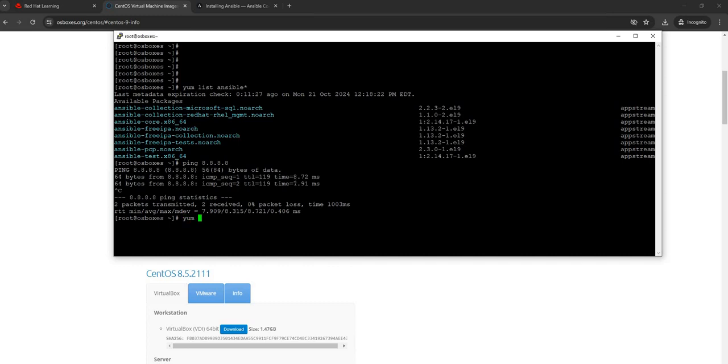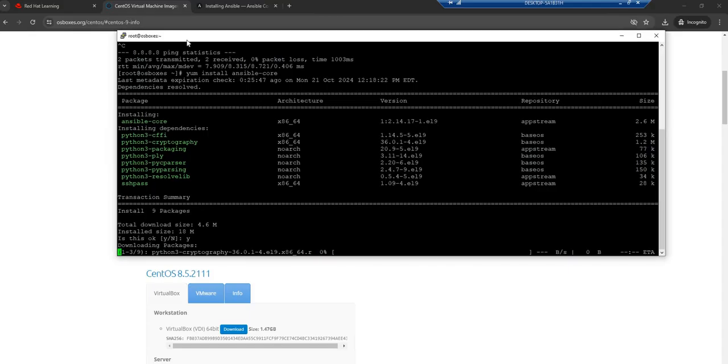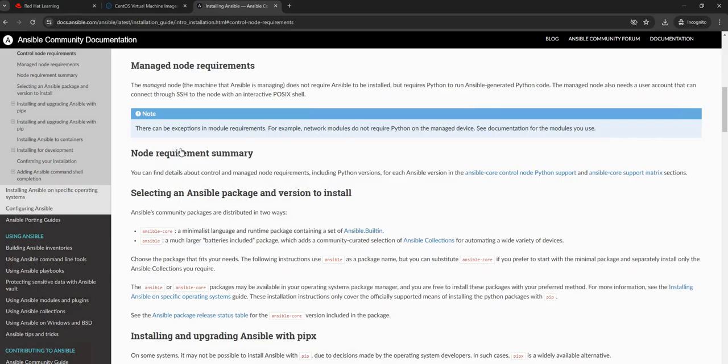So let me quickly install Ansible, okay? It will ask, just say yes, and it will take a couple of minutes and it will be installed. Okay, it is going on. Meanwhile, let's see what else we can check on the